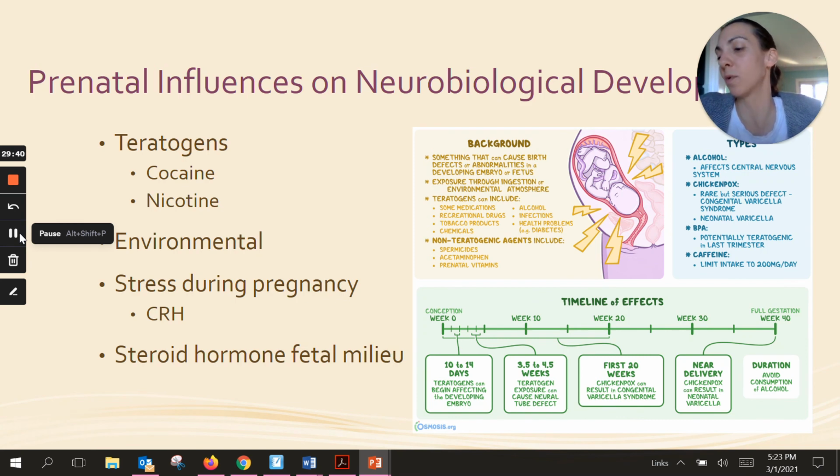So let's talk steroid hormone fetal milieu and temperament. Prenatal endocrine environment is linked to the development of aggressive behavior and temperament. Temperament is biologically rooted, but it's adaptive to environmental demands. So remember that slow to warm, easy, and difficult is what we're talking about. Verbal and nonverbal aggression were higher in children whose mothers had low prenatal hormones as opposed to those who had medium or high hormones. Hormones, emotions, and parenting attitudes are related to activity level, reactivity, soothability, attentional focus, and high pleasure and fear.